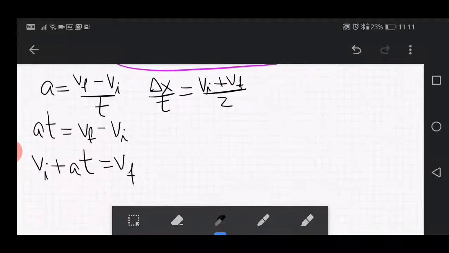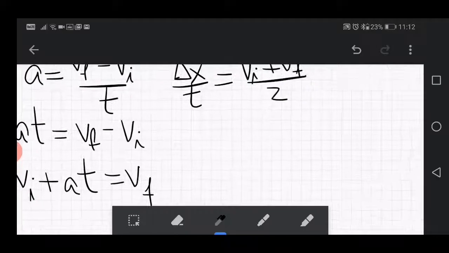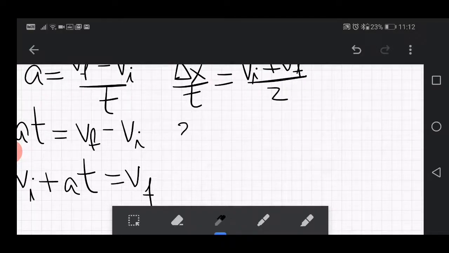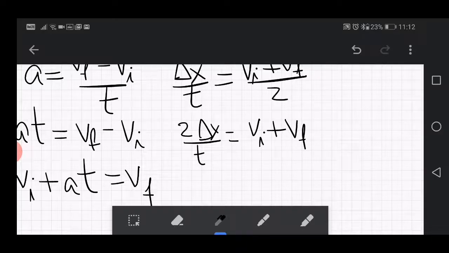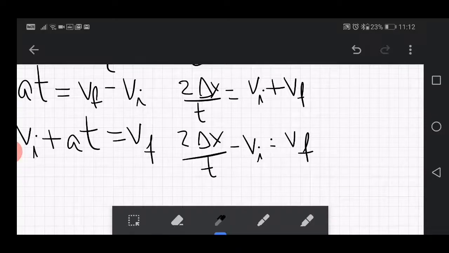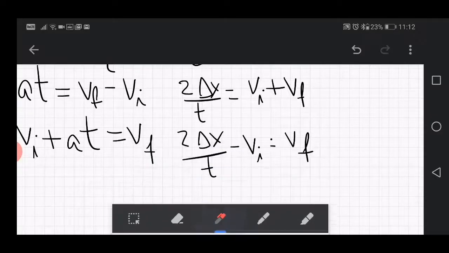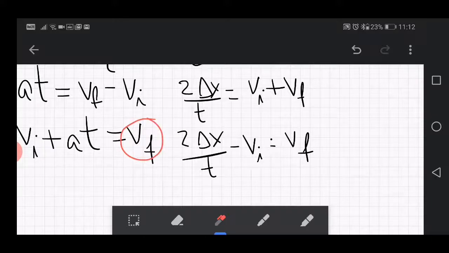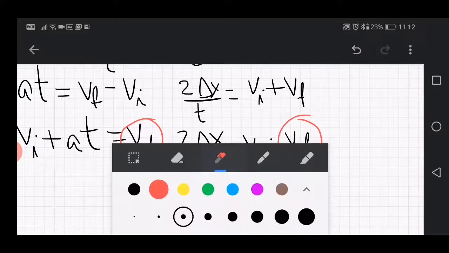And in the second case, twice the displacement divided by the time is equal to the sum of initial and final velocities. Or in other words, twice the displacement divided by the time minus the initial velocity is equal to the final velocity. So you can see that what we have actually done is to isolate the final velocity in both cases,